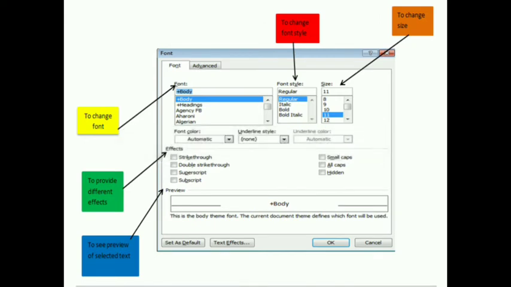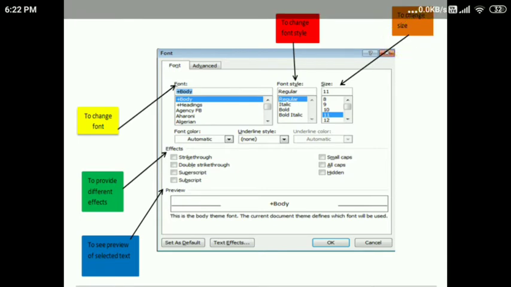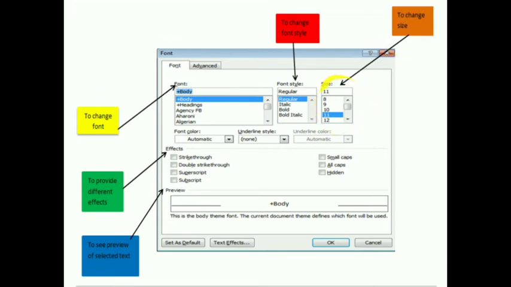Whatever you have selected, that effect will display here so that you can see the preview. In the red color rectangular box, that is for font style. If you want it bold, you want it italic, from this option you can choose it. And the last one, this orange rectangular box, shows that from here you can change the size of the text.